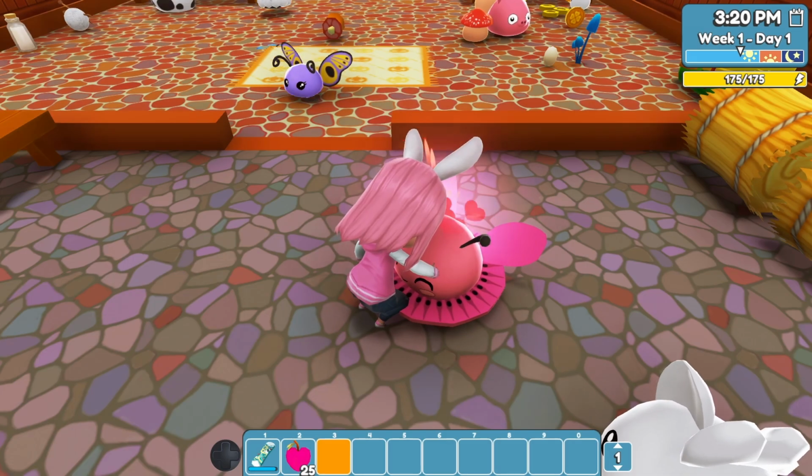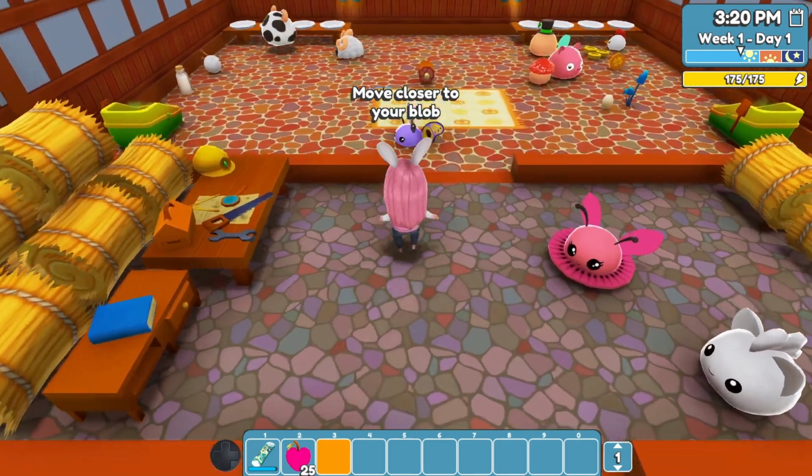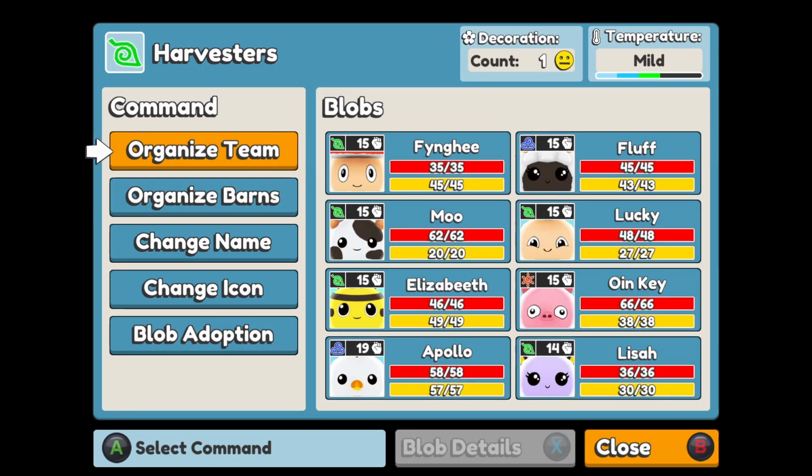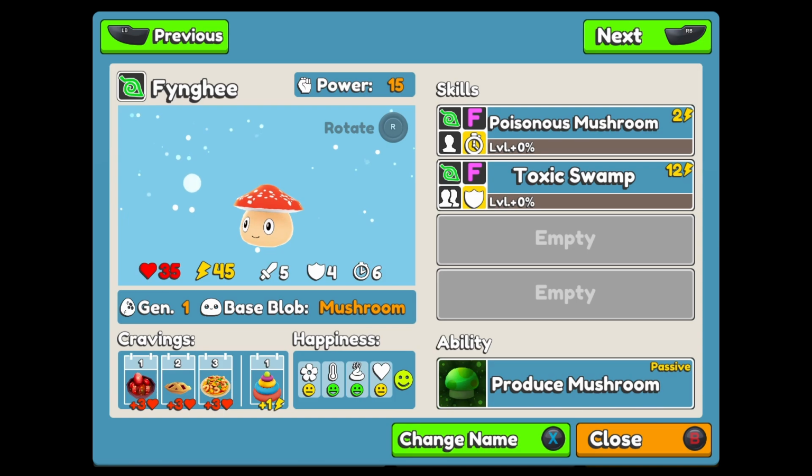Hi everyone, this is Pink Giraffe and I'm here to show you all the abilities available in Ova Magica at version 0.6. To start off with, I'm going to show off the simpler ones, the barn blobs that produce things